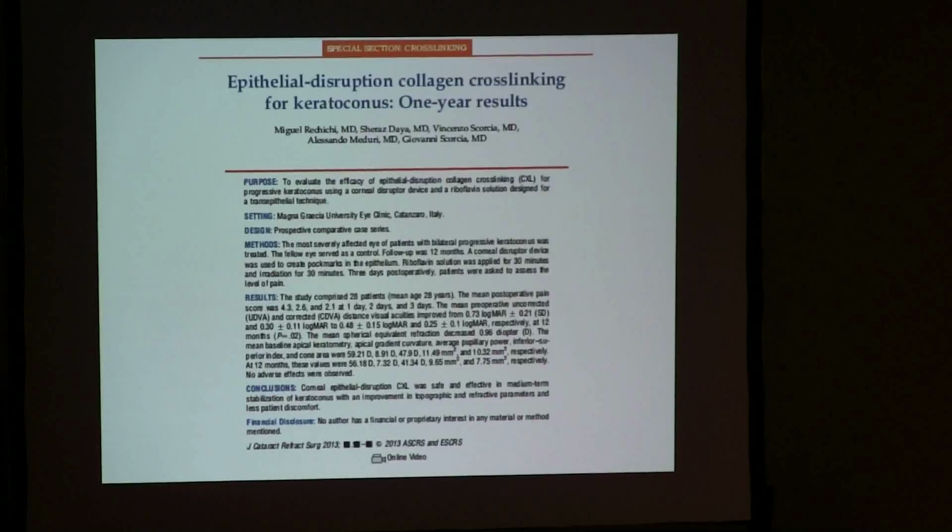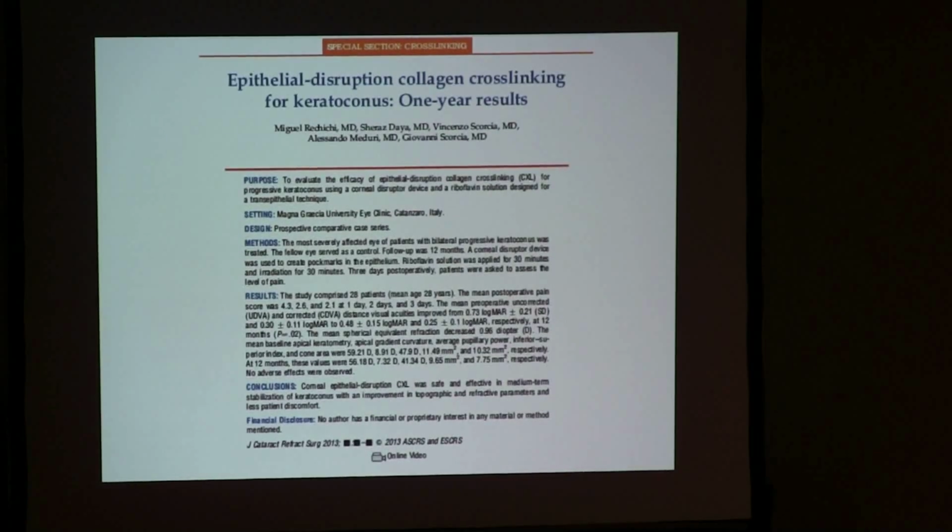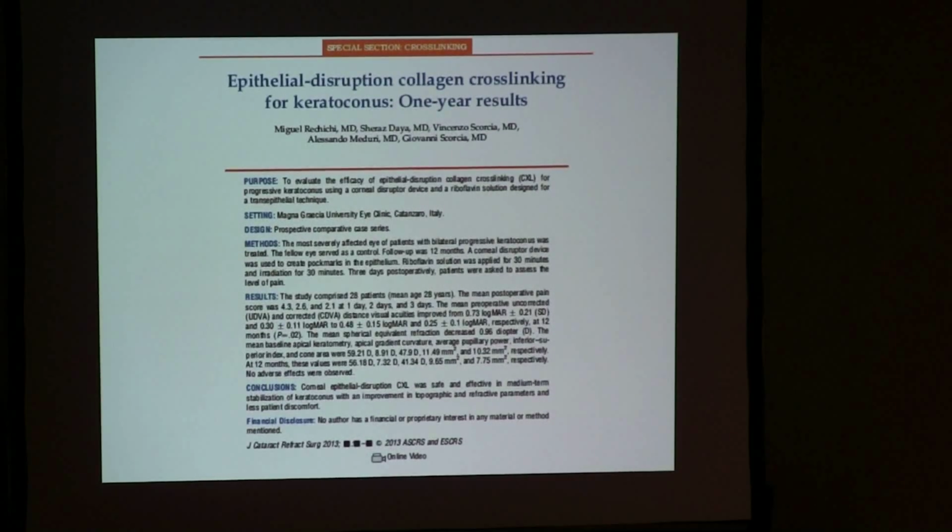And so I published this study in JSCRS last year, in which I substantially demonstrate how with this technique and the conventional cross-linking I have a good result, better than the epi-on but less than the epi-off. But this was really safe, and that was what I did for 2 years